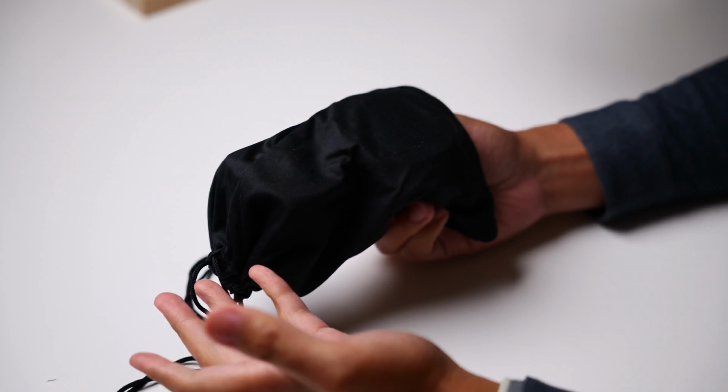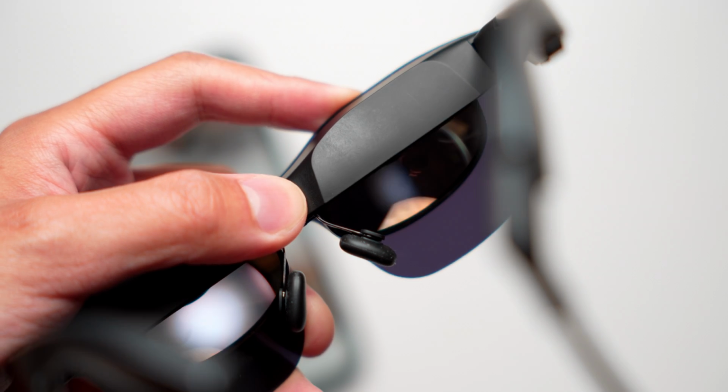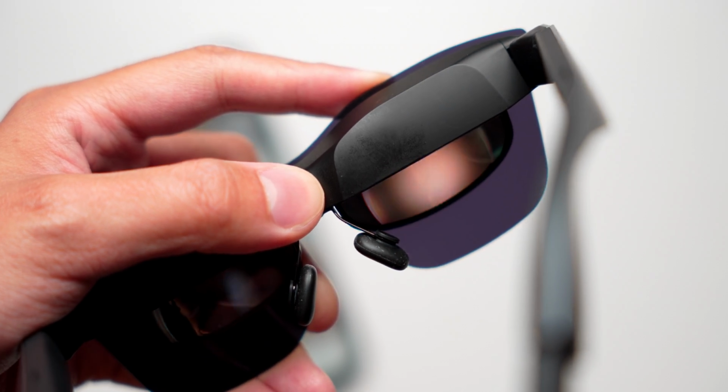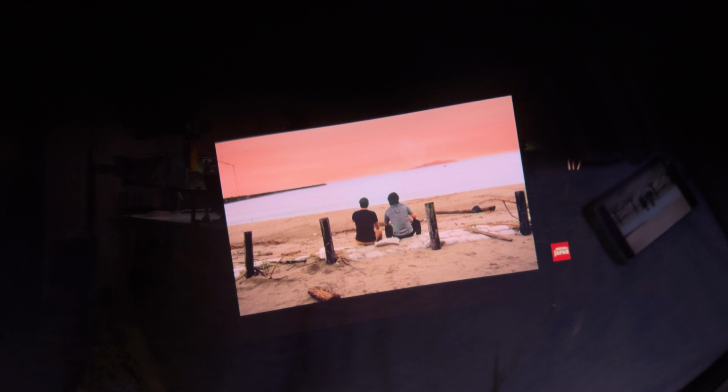not a hard case. After all, the tech includes displays that are high-quality Sony Micro LED displays that pump out 1080p resolution at up to 120Hz refresh rate. That refresh rate is sure to entice some of you gamers out there, but we'll get to all of that in a little bit. As far as the pure viewing experience is concerned, you can get an up to 201-inch